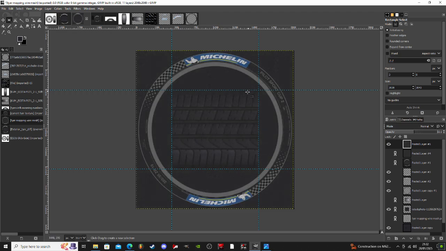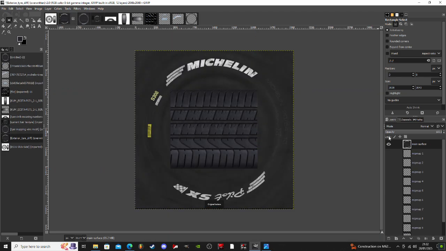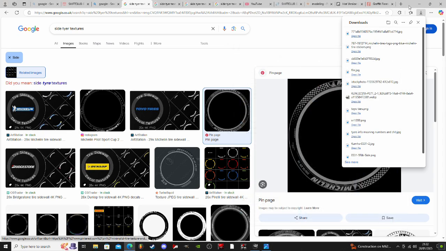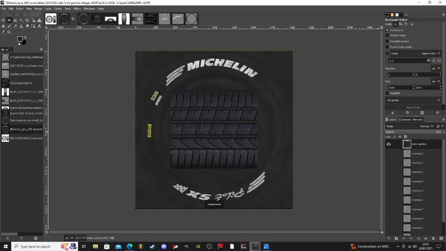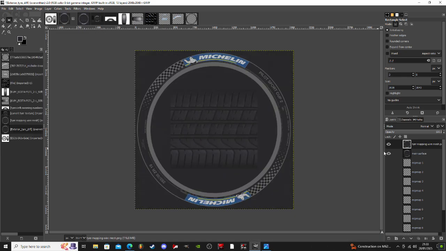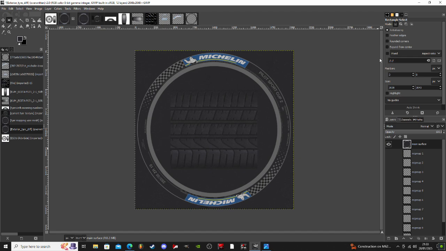So what I'm going to do now, guys, is export our texture as PNG. I'm going to drag it over on top of the DDS file. As you can see, that was the flat tyre tread one that I'd already put in at the beginning of the video. And it really is just as simple as this, guys. Have both layers visible, merge it down to keep your maps. Just go to overwrite DDS file, and then